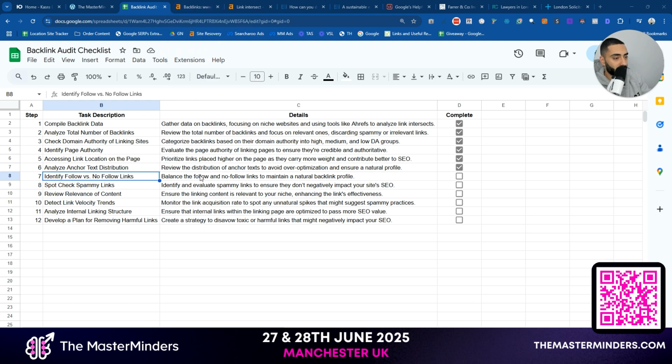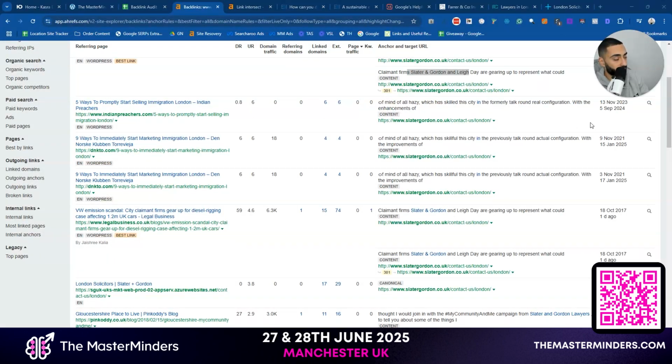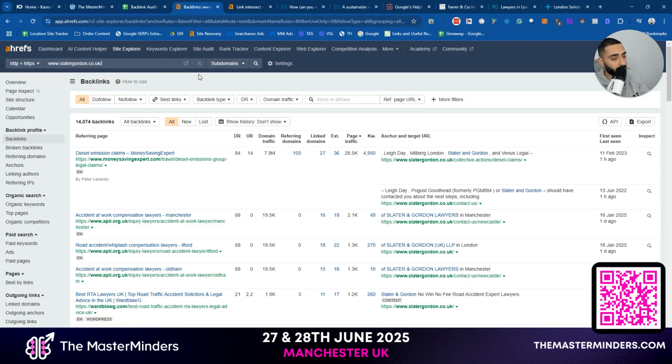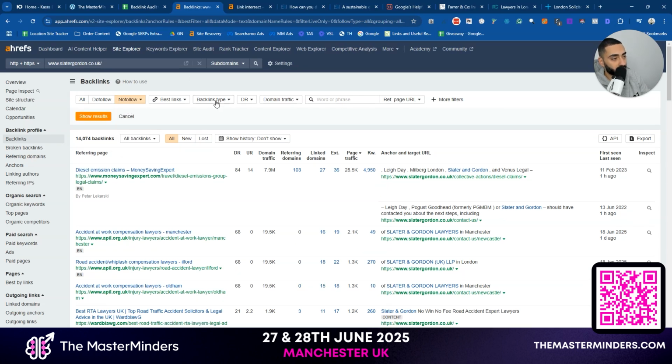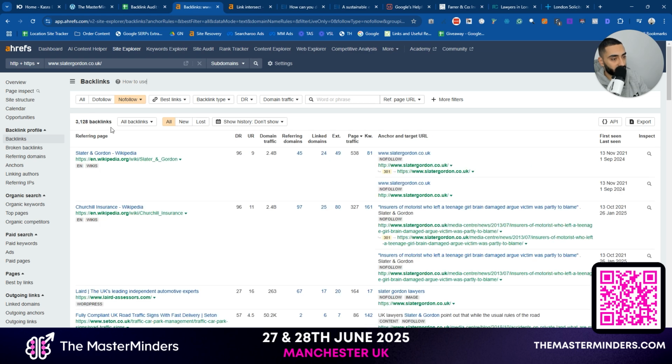So identify follow versus no follow. Balance the follow and no follow links to maintain a natural backlink profile. Now, some people just don't like doing no follow links, but it's a really good foundational type of link. It's also free to get in a lot of cases. So if I look at Slater Gordon, we can do no follow links, only no follow links, and we're just going to click on show results. As you can see, they've got